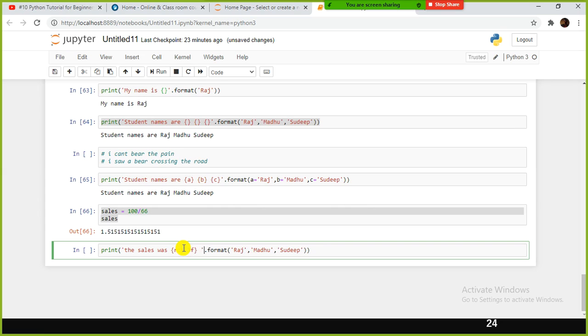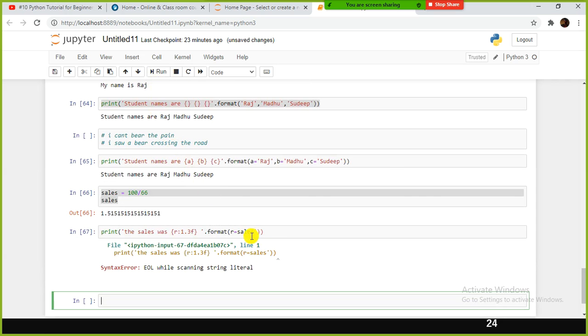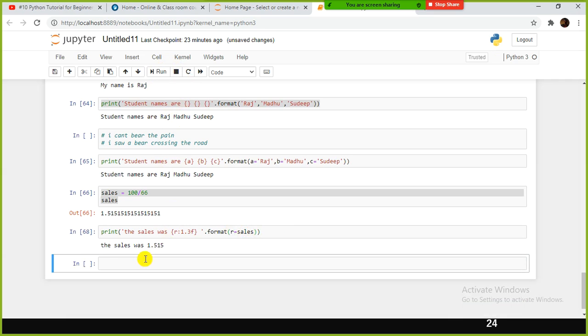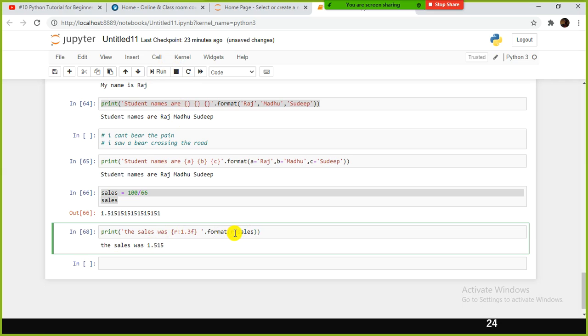Here I am going to use format, equal to sales. Single quote. Sorry, here I mentioned quote mistakenly. The sales was, this one will be passed, the variable has the sales value.